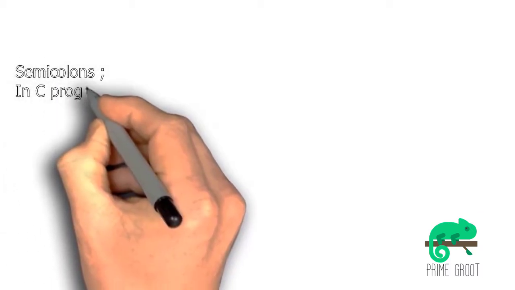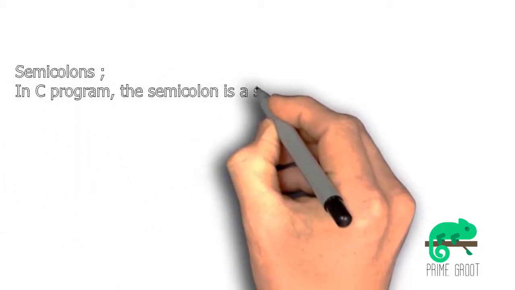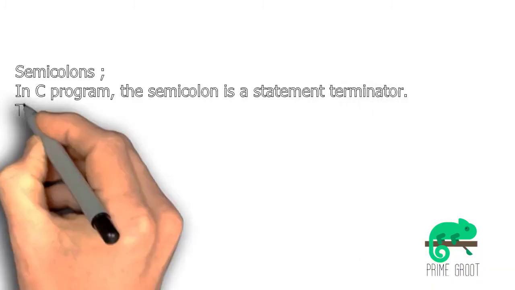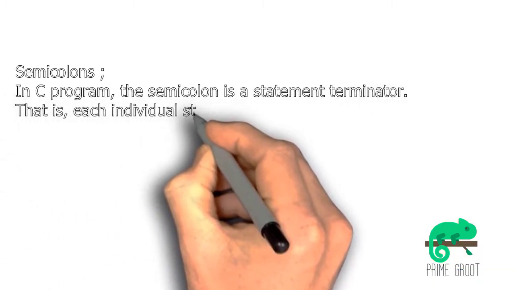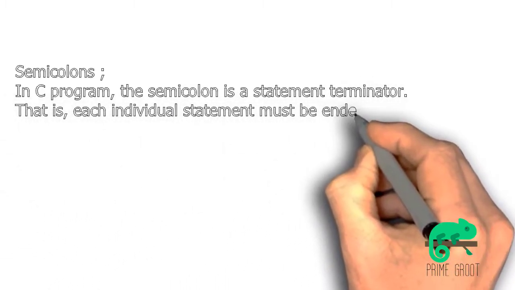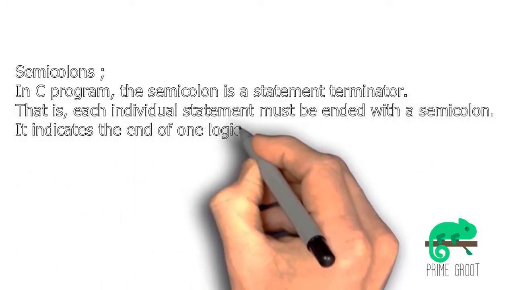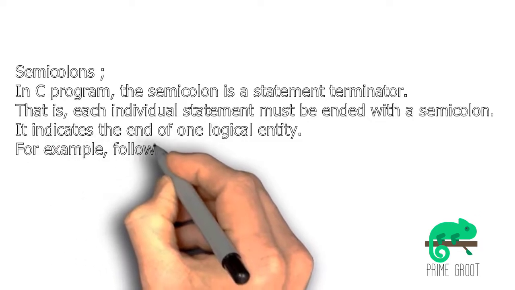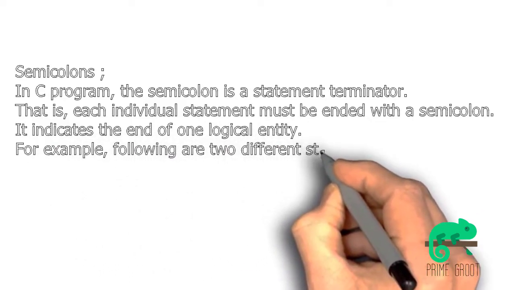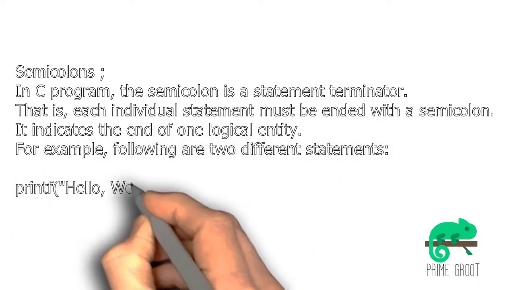Semicolons. In a C program, the semicolon is a statement terminator. That is, each individual statement must be ended with a semicolon. It indicates the end of one logical entity. For example, following are 2 different statements: printf("Hello World\n"); return 0;